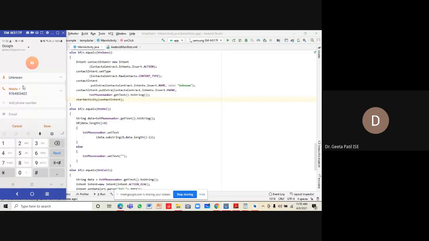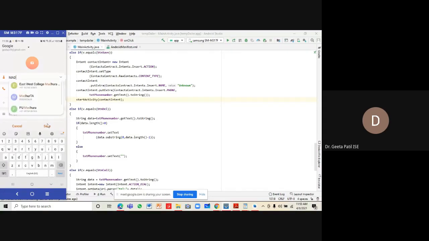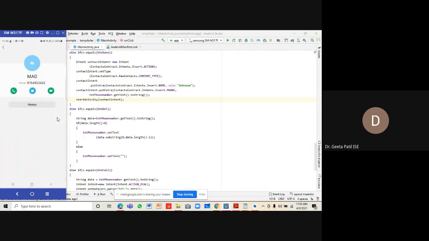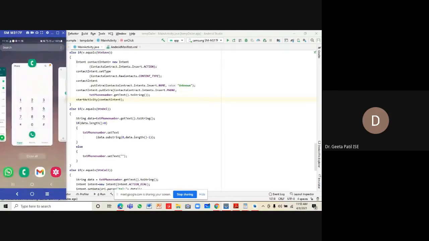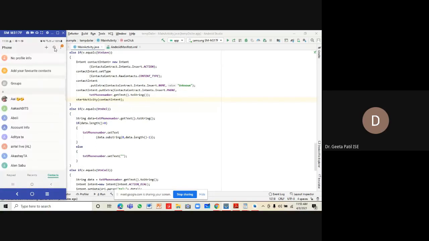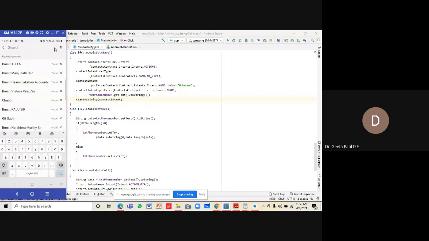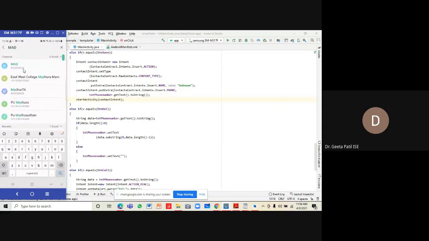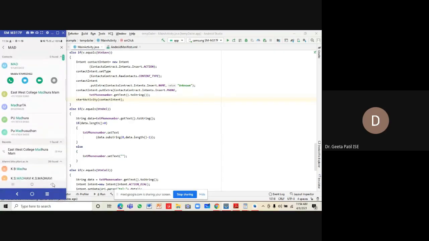So when you save it, let's say I'm saving it as net, and save. So this number got saved in my directory. Go over here and check. The number is added to my phone directory.